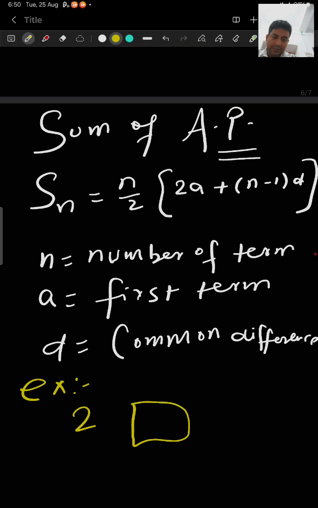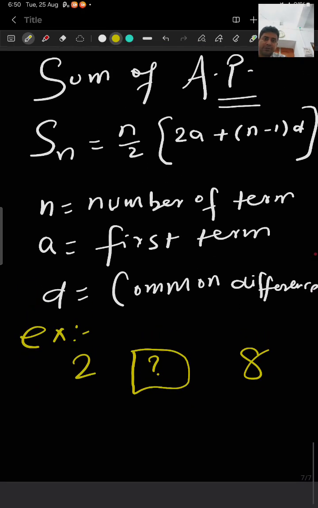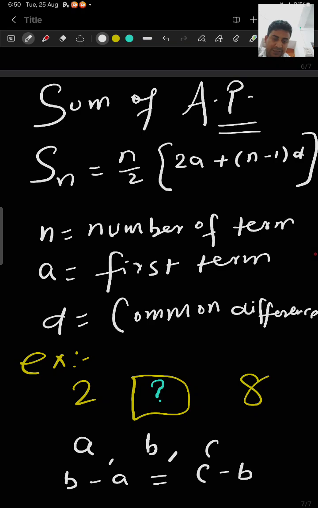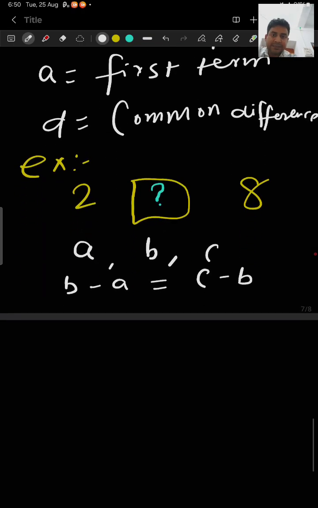We have to fill this if these three are in AP. If these three are in AP, then what is the value of this box? What will come in this box? See, let us take three numbers A, B, C. So what is the property of AP? Their common difference will be constant. That means